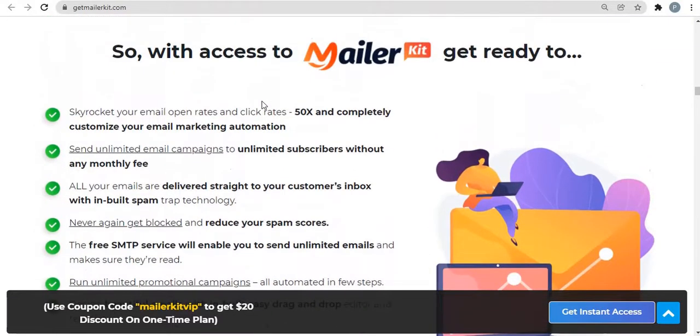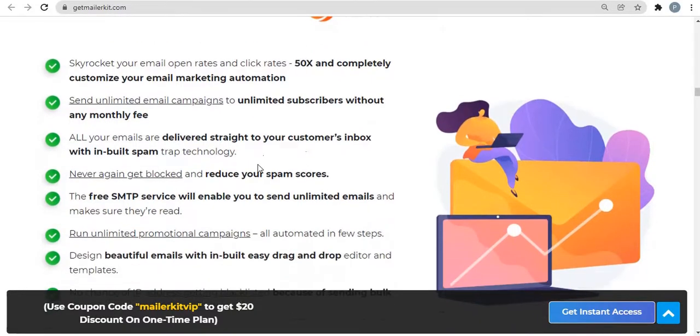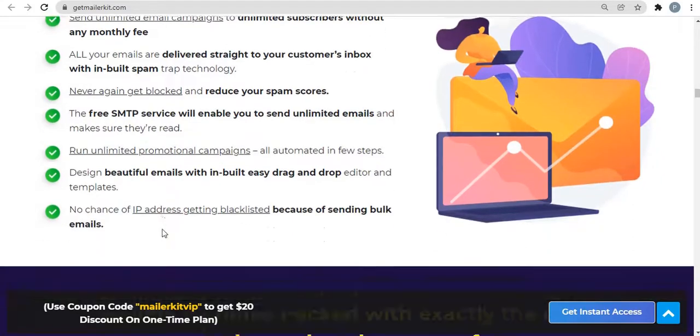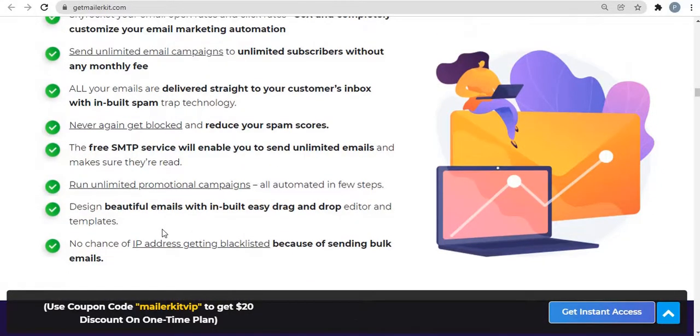So with access to MailerKit, get ready to skyrocket your email open rates and click rates 50 times and completely customize your email marketing automation. Send unlimited email campaigns to unlimited subscribers without any monthly fees. All your emails are delivered straight to your customer's inbox with inbuilt spam trap technology.